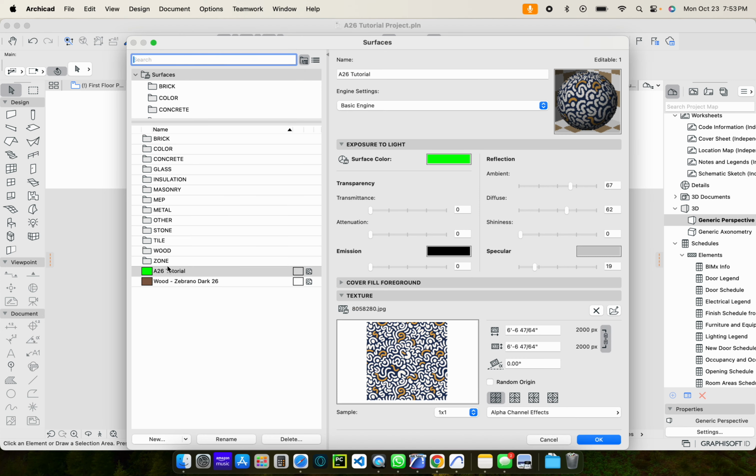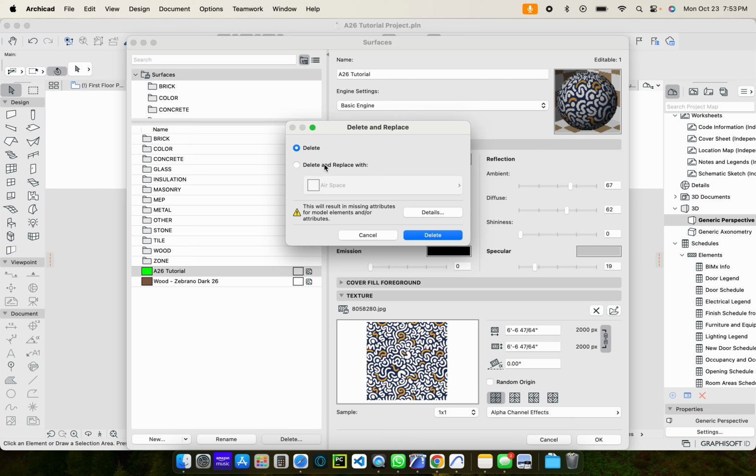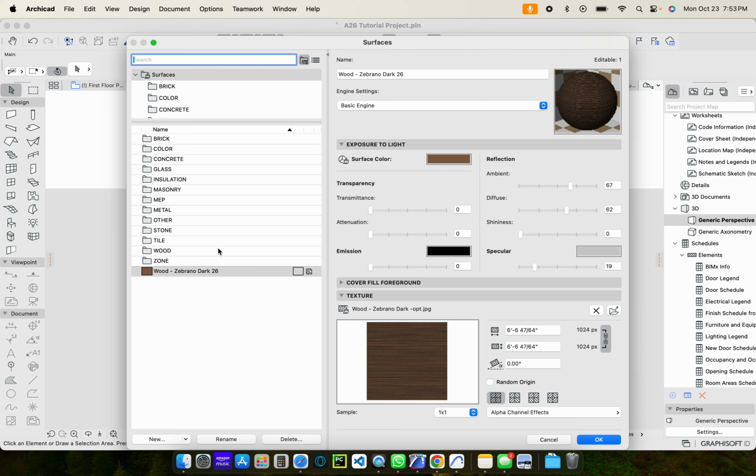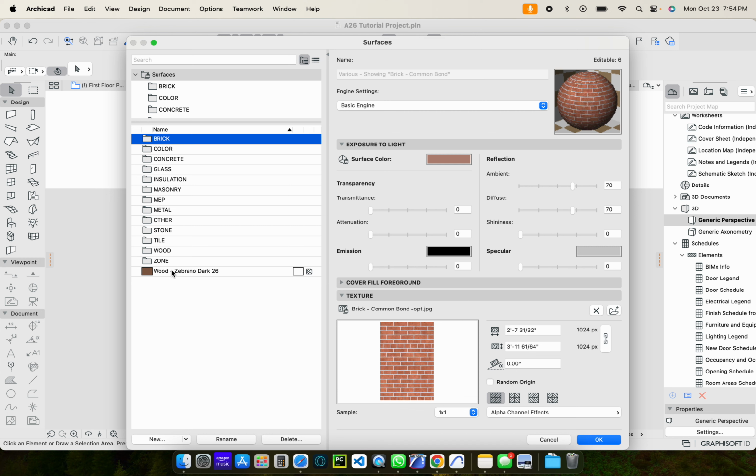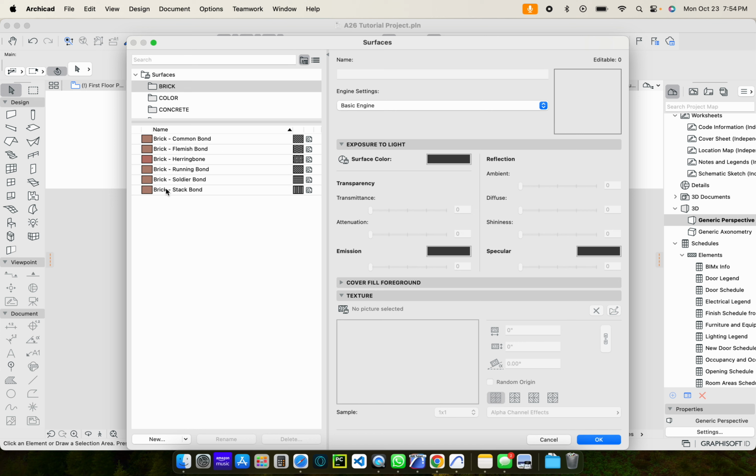And I've already created it here for this tutorial, but I guess I can delete it and then just do it again, just to show you guys how to do it. So delete. And the way we're going to do it is we're just going to duplicate another surface first. I think that's the easiest way to do it. So you can go into one of these folders if you don't see this one, but you can just go here,